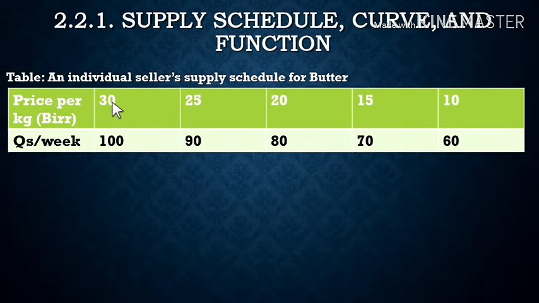ልክ ዋጋ 25 ሲሆን, which means from 30 to 25 decrease ያደርግ, because of the law of supply, price decrease ስላደረገ quantity supplied must decrease አይደል? ይሄው ቀንሷል፣ ወደ ምን ቀነሰ? ወደ 90 ቀነሰ ማለት ነው። Then when the price decreases from 25 to 20 ሲቀንስ, because of the law of supply አሁንም quantity supplied must decrease። ስለዚህ ከ90 ወደ 80 decrease አድርጓል።